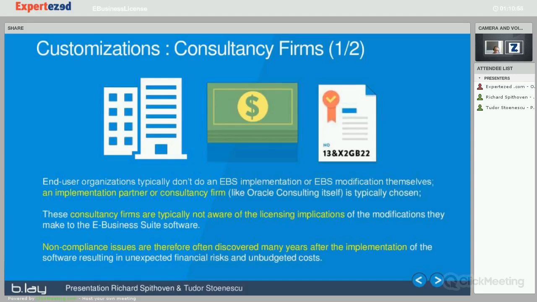Well, unfortunately, that's not their core of business. That's not what they're hired for. They're not hired to look into your license agreements and to understand what is allowed and what isn't allowed. And therefore, those consultancy firms typically do not make you aware of this. And the non-compliance issues are therefore often only discovered many years after the implementation of the Business Suite software itself,